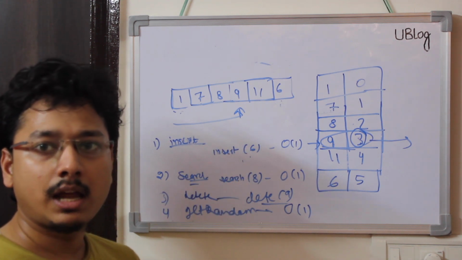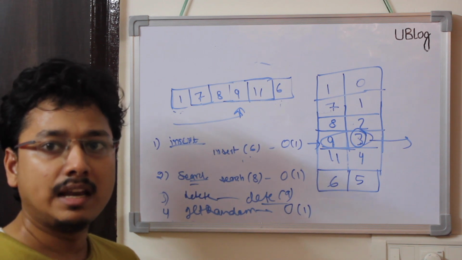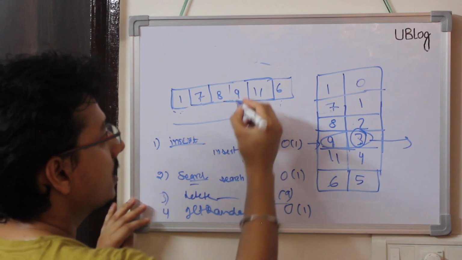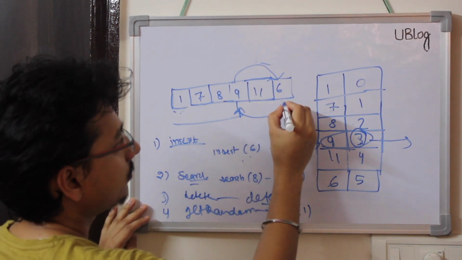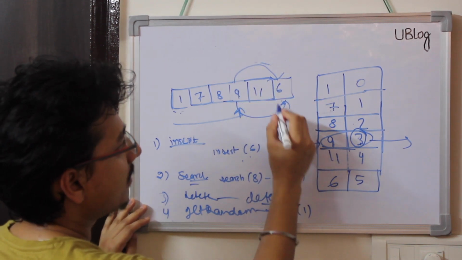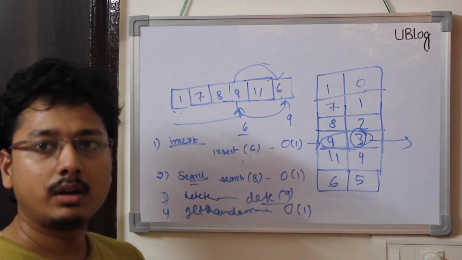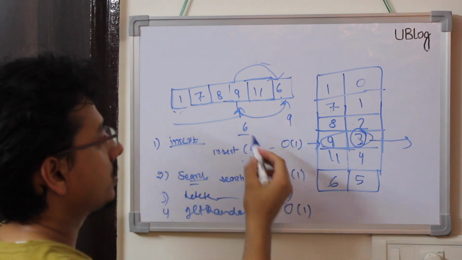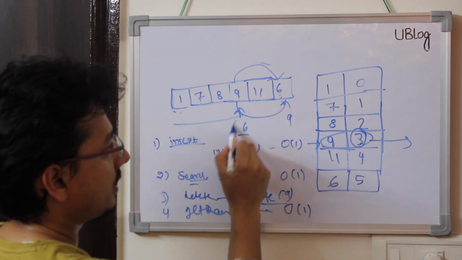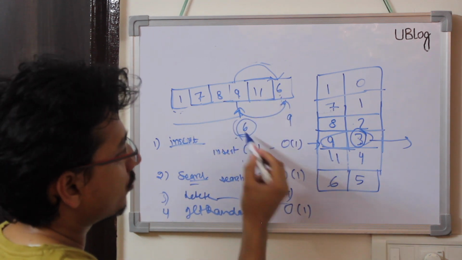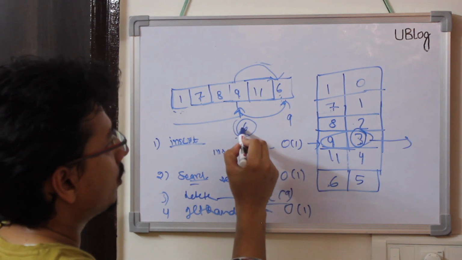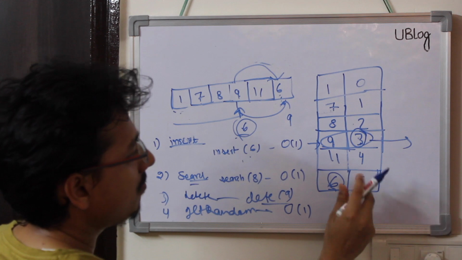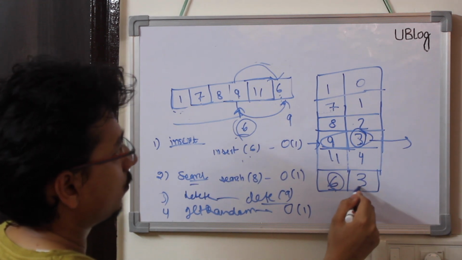You should remember that I already told you in the beginning that deleting an element from the last of the array is constant time. So what we can do here is swap these two values. My 9 will come here and my 6 will come here. So what changes do I need to make in the hash map corresponding to this? Since I changed the index of 6, I need to fetch the value of 6 in the hash map and update it. So now my value in the hash map for 6 will become 3.